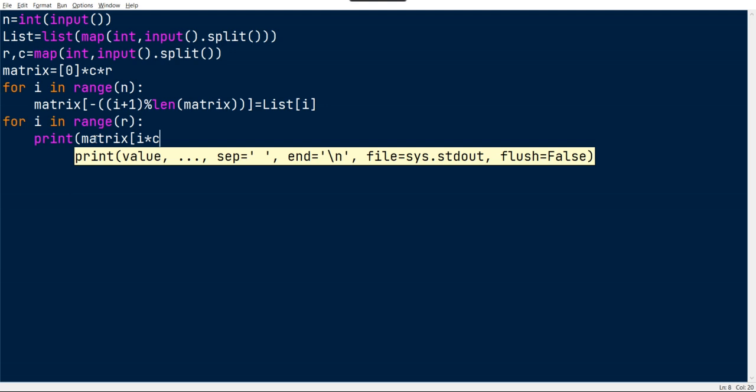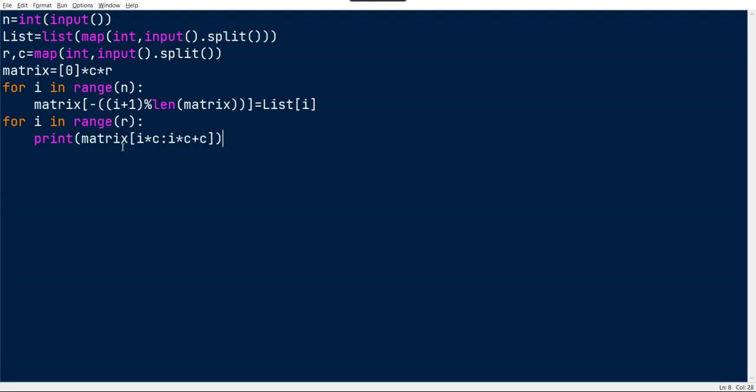So 1 into c will give you the column size. For example, it will be like 0, 3, 6, 9, like that, if the c value is 3. So we will get the proper index, and we just need to print the c elements, right? For that, I'm specifying i into c plus c. So this is nothing but 0 to 3 and 3 to 6 and 6 to 9, like that.